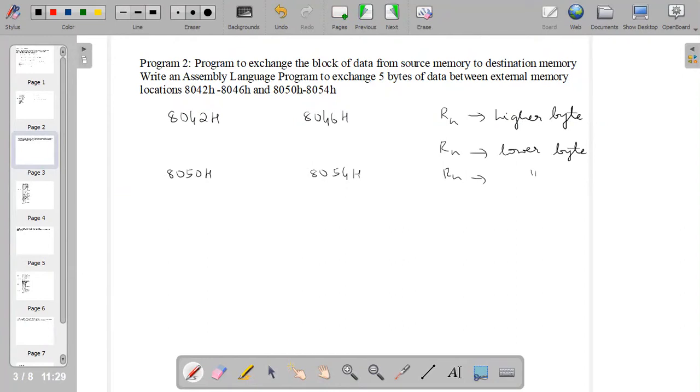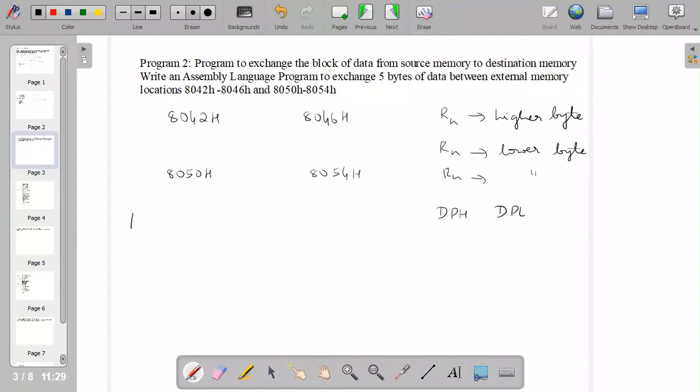So we require 3 registers. One for the higher byte, two for the lower bytes, and then we can use the DPTR to access that particular memory location by transferring the content of the registers to the DPTR's higher byte and lower byte.